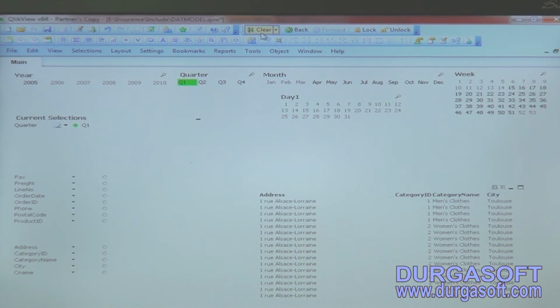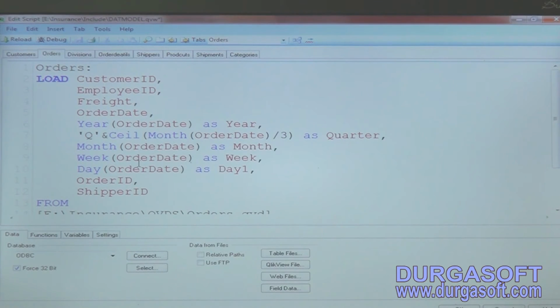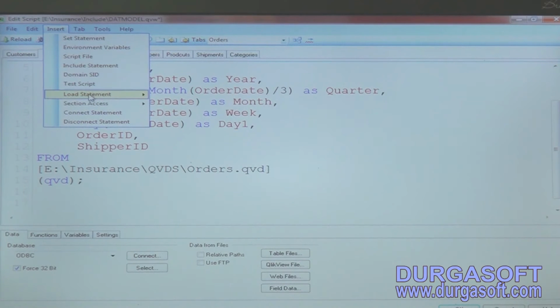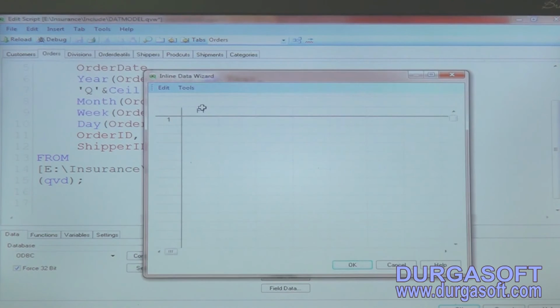So there you need to use the inline load. Recently we have discussed inline load, where you can create one table by yourself. That is a user defined requirement. So that's why you need to create one table here by using the inline load. So go to insert here, click on load statement, select load inline and give here